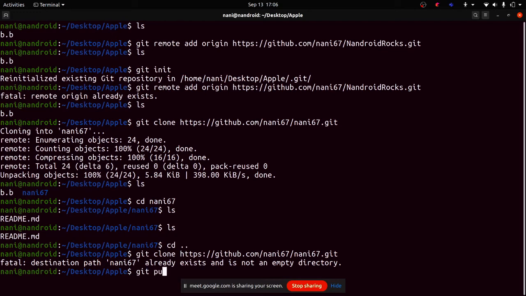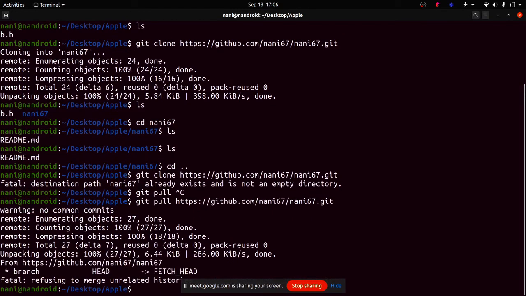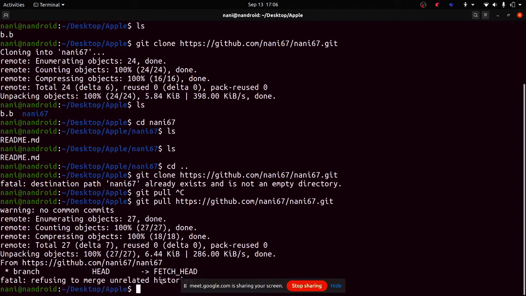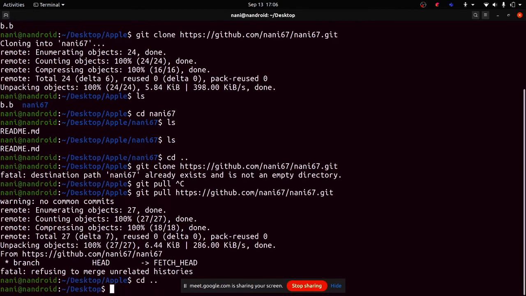So now you can use git pull, the same git pull. Now we can see, right?